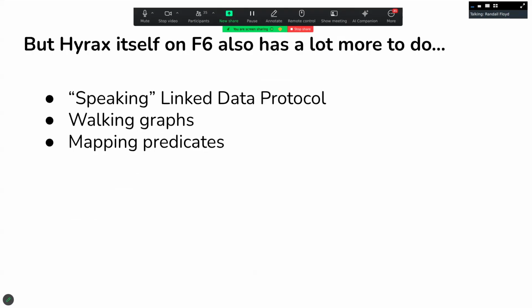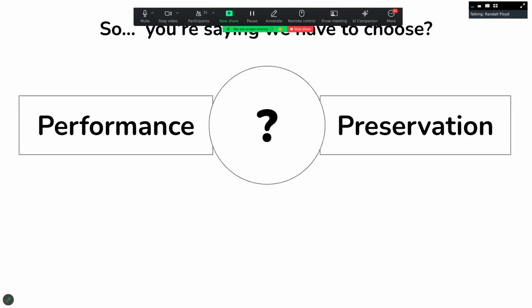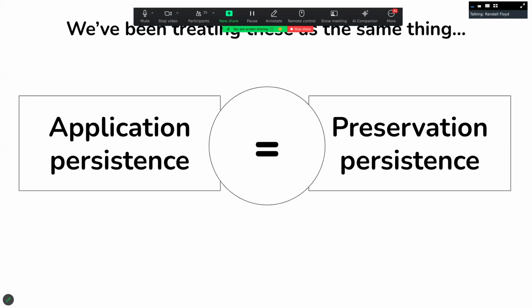Fedora Hyrax itself, if you're doing this, has a lot more to do than if you're just doing the database option. It has to speak linked data, it's walking graphs, it's mapping predicates, it's doing a lot more to make sense of that preservation repository that it sees on the other end. And so we end up in this slightly awkward conversation of, well, so you're saying that we have to choose between performance and preservation? And the answer is, unfortunately, yes, right now,